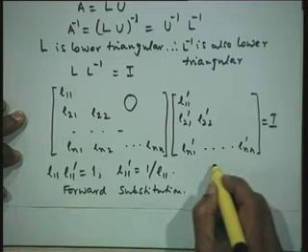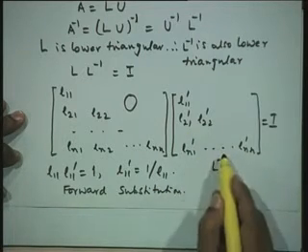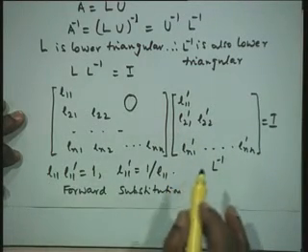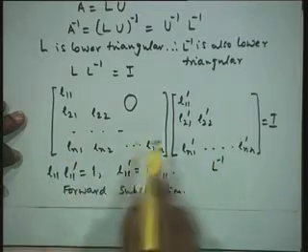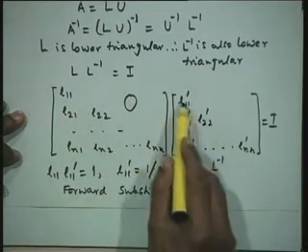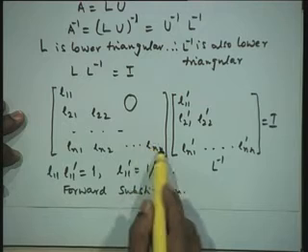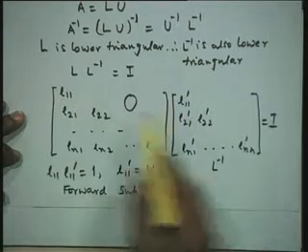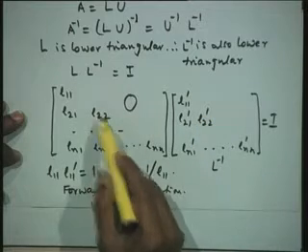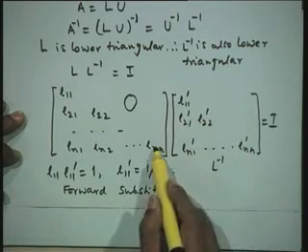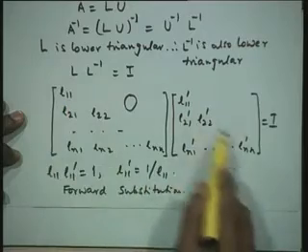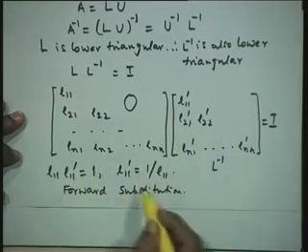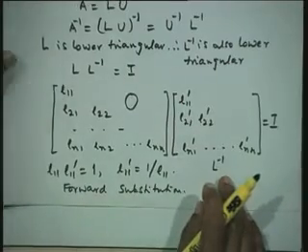All the elements of L inverse can be determined by simple forward substitution using this. One particular point that can be noted is that this is lower triangular, therefore, the diagonal elements will be just the inverse of the diagonal elements. That computation we do not really need to do, because L 11 prime will be 1 upon L 11, L 22 prime will be 1 upon L 22, L n n prime will be equal to 1 upon L n n. So, these diagonal elements need not be computed, they can just be given these values, and then we can proceed to find the other elements all by forward substitution.